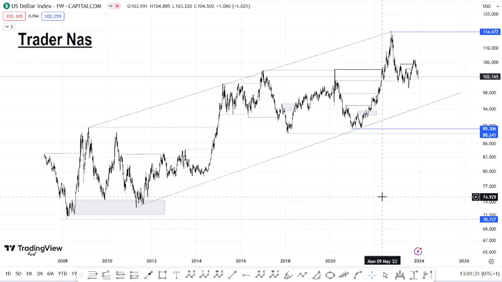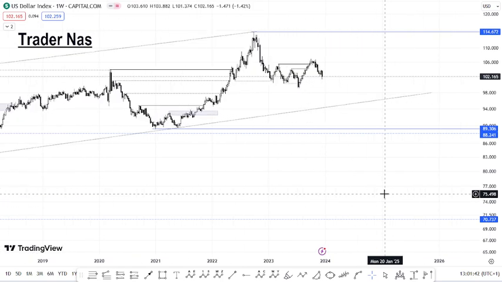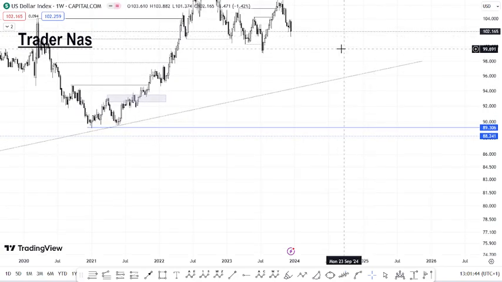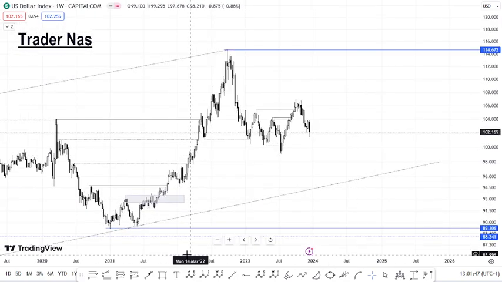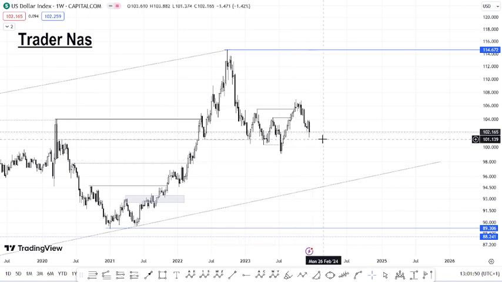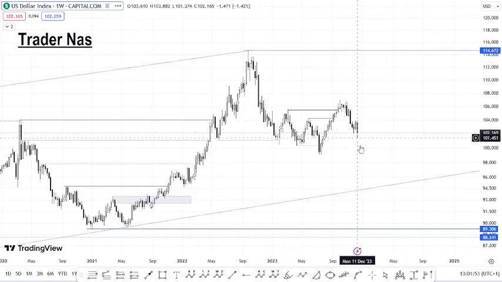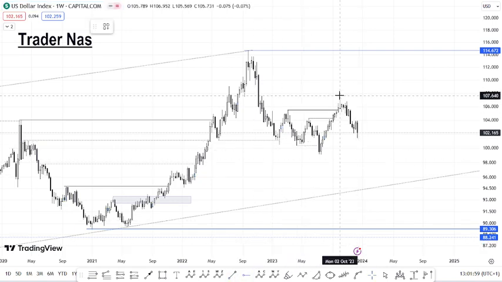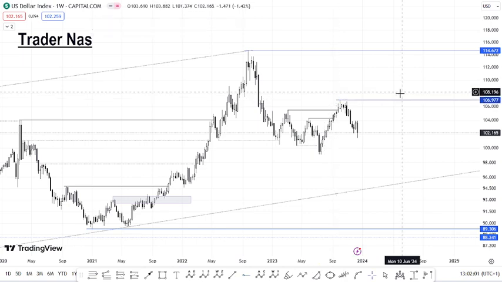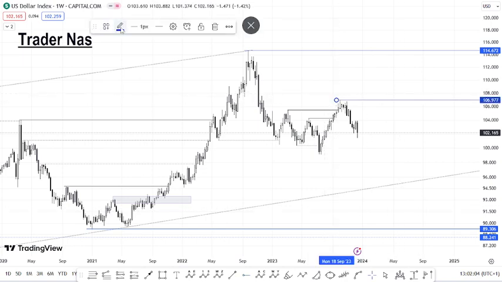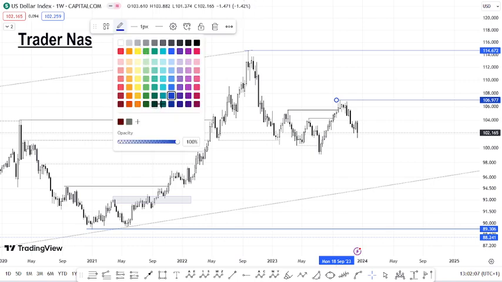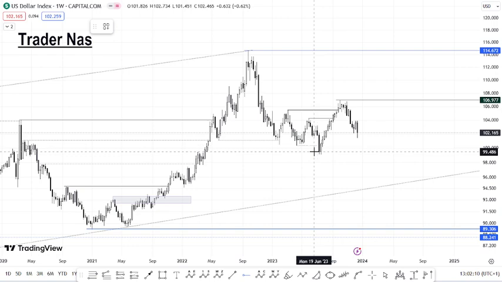So let's just do analysis about DXY, S&P 500 and Nasdaq from the weekly and daily up to the 4 hours, and what our target is, guys. So let me just do it quickly. This is the DXY weekly time frame, and look carefully here. We will be focusing on this scenario that we have currently right now. It is Sunday today, and this is the week that we have. Let me just mark these initial highs for this scenario. That is the initial highs. Let me just put this in another color, guys, so everyone, he or she, can understand what I'm doing.